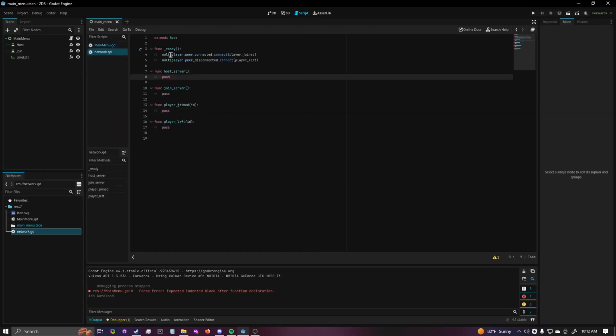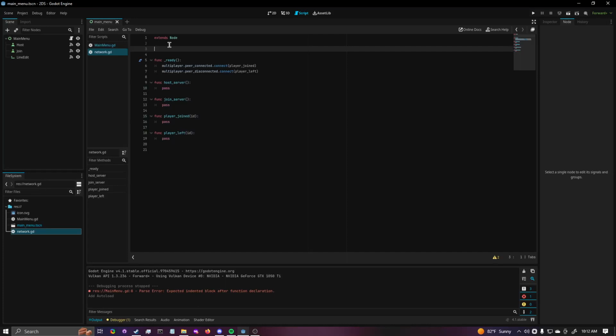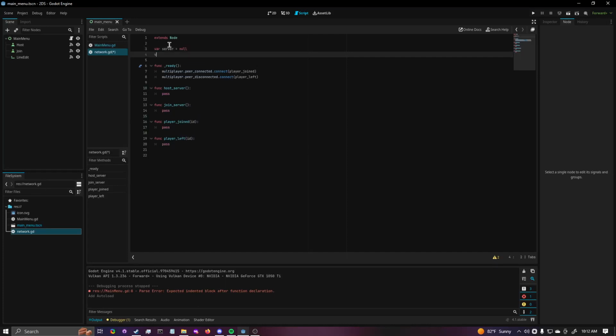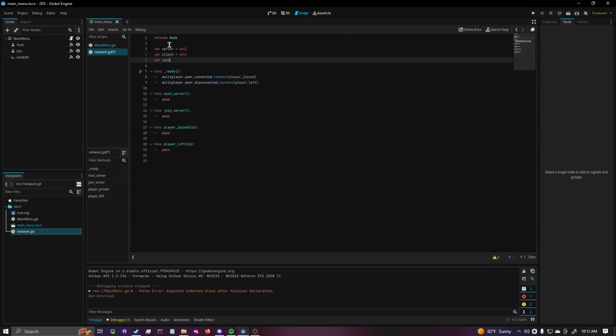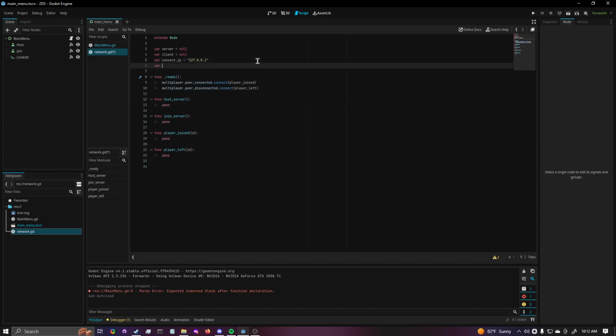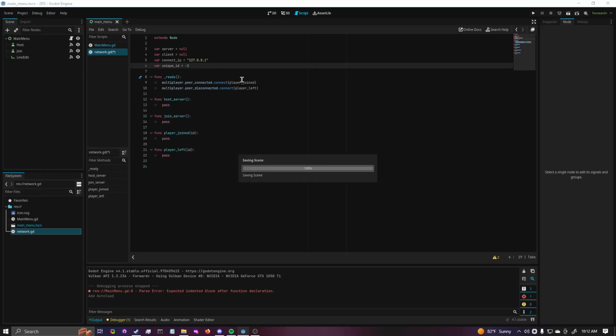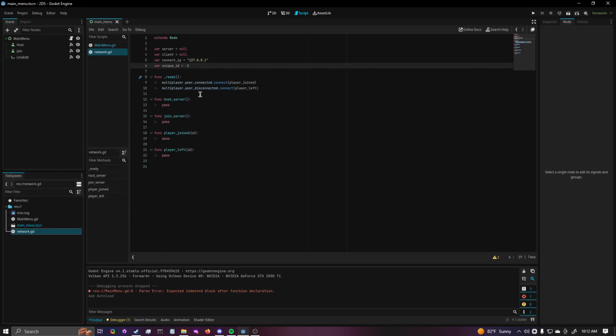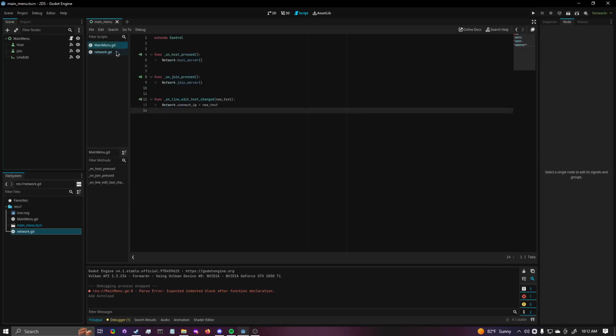So now we're going to go into the network script and create those variables. We're going to say var server equals null, var client equals null, var connect IP equals, we're going to default that to our local host, 127.0.0.1. And then we're also going to create a var unique ID equals -1. And yeah, cool. So now that we got all that out the way,